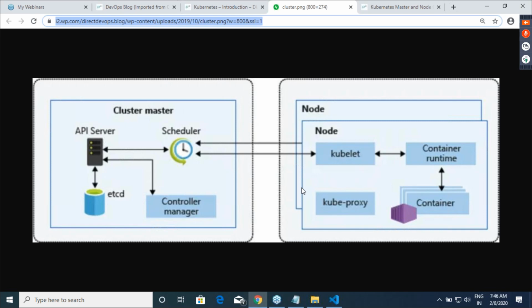A node is an individual machine where you want to run Kubernetes. When you combine all of those nodes together, we call it a cluster. In the cluster, we'll have two categories of nodes: the master and the node. The responsibility of the master is management or maintenance of your nodes, and nodes are the machines where actually the work happens. That is where everything runs. So your applications run on nodes.